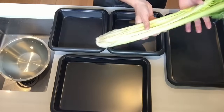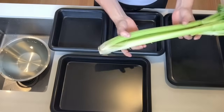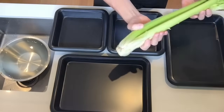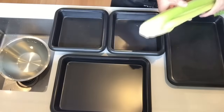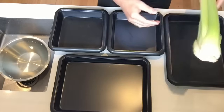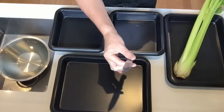Okay, this is how you get it. It's just half a celery. Sometimes it comes in a big bunch. So in French cooking, what do we do with that beast over here? The way to deal with this: you've got your raw product. Step number one, you take a utility knife,